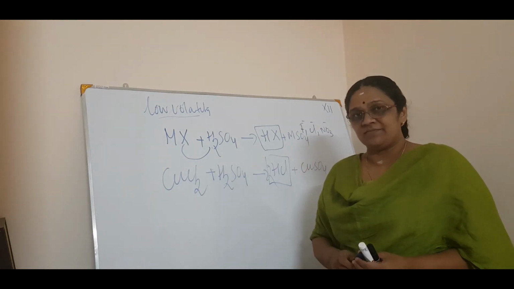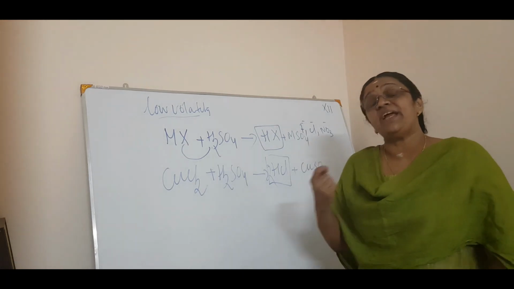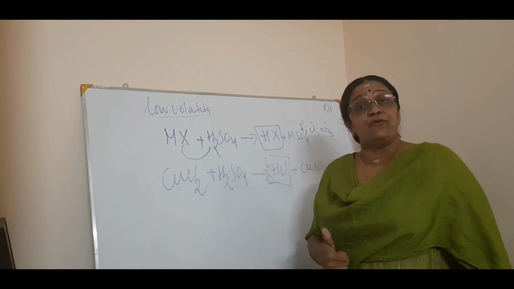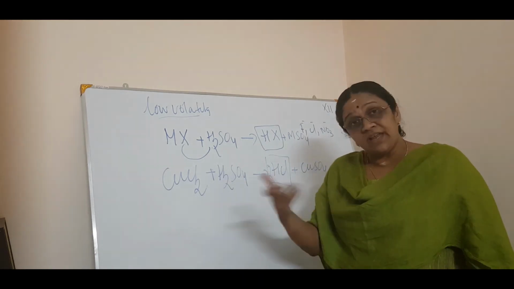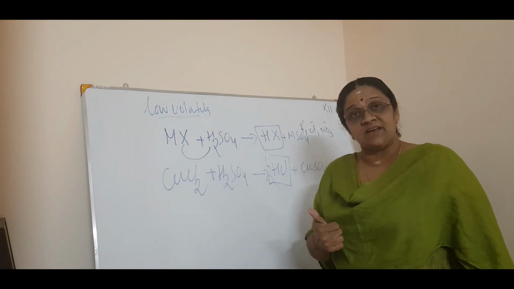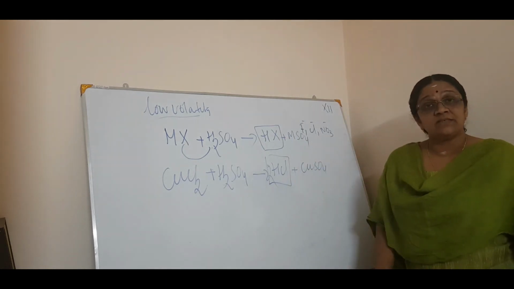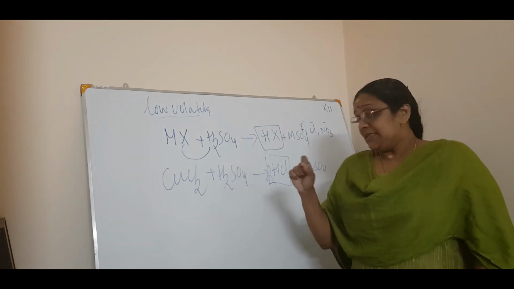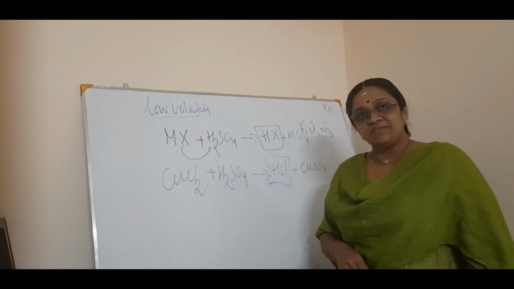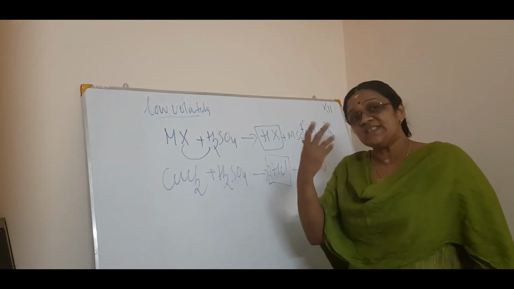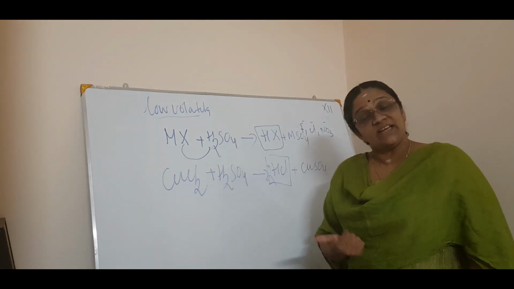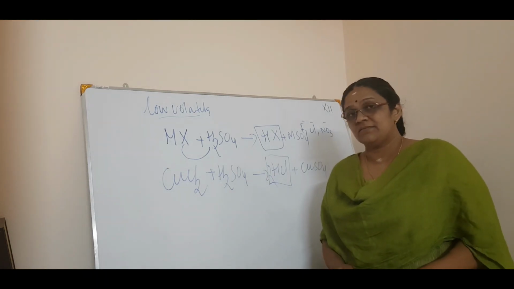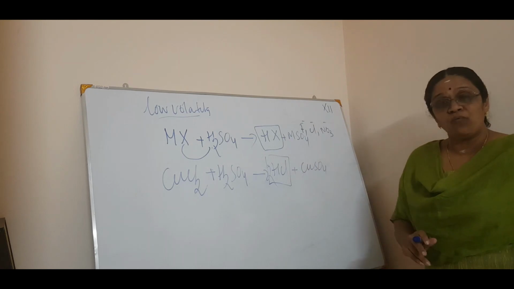In a flame test, why is concentrated HCl added rather than concentrated sulfuric acid or nitric acid? The purposes are the same, and those are strong acids too. So why hydrochloric acid? The answer: hydrochloric acid, being volatile, will get into the vapor state more easily. Then you can have the flame. That is why the flame test is done with hydrochloric acid. Got it? So that is about low volatility.